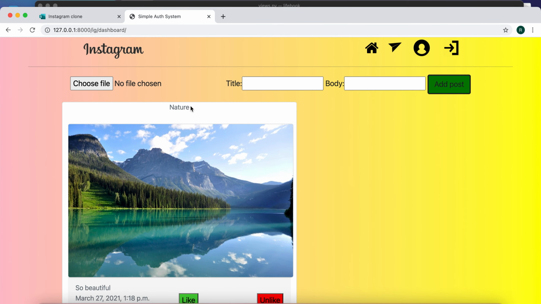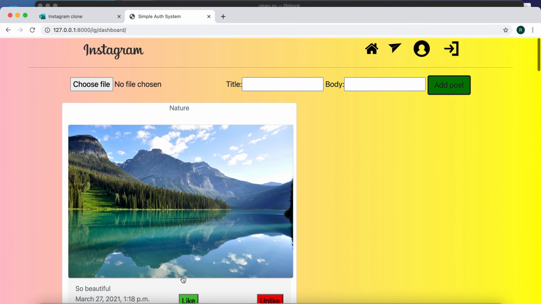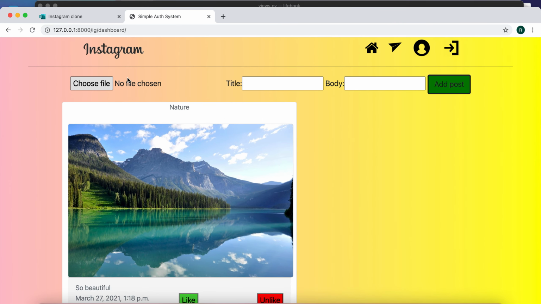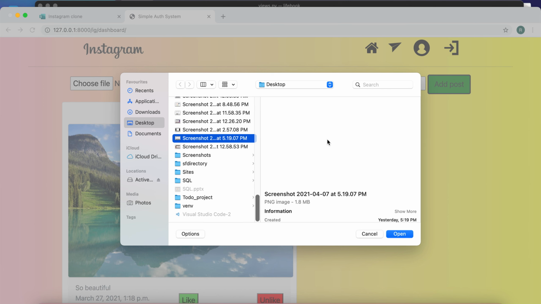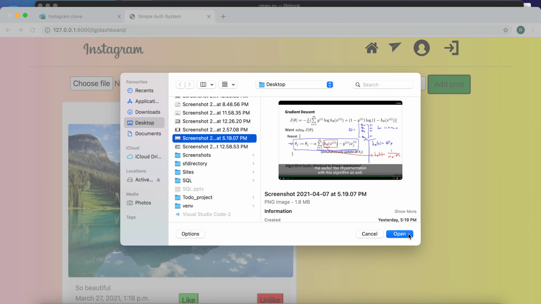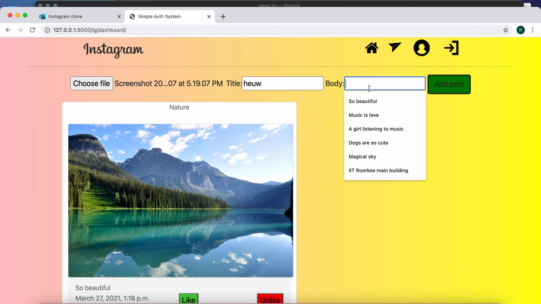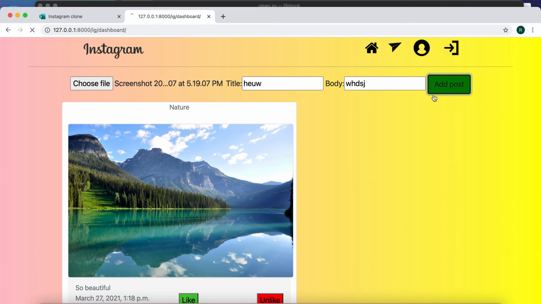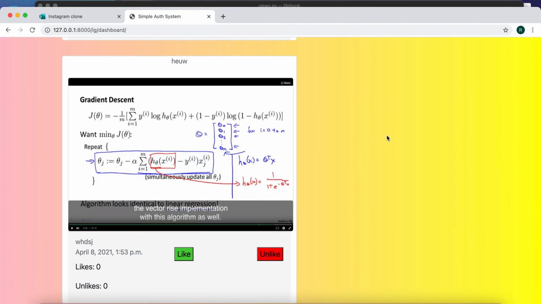could see the images with the title over here and the body over here. And you can also see the date and time and the likes count and unlike count. And I can also add an image by selecting any image, like if I want to add this image, and maybe any title, and any body, right? And when we add this, I'll see that this image has been added over there,